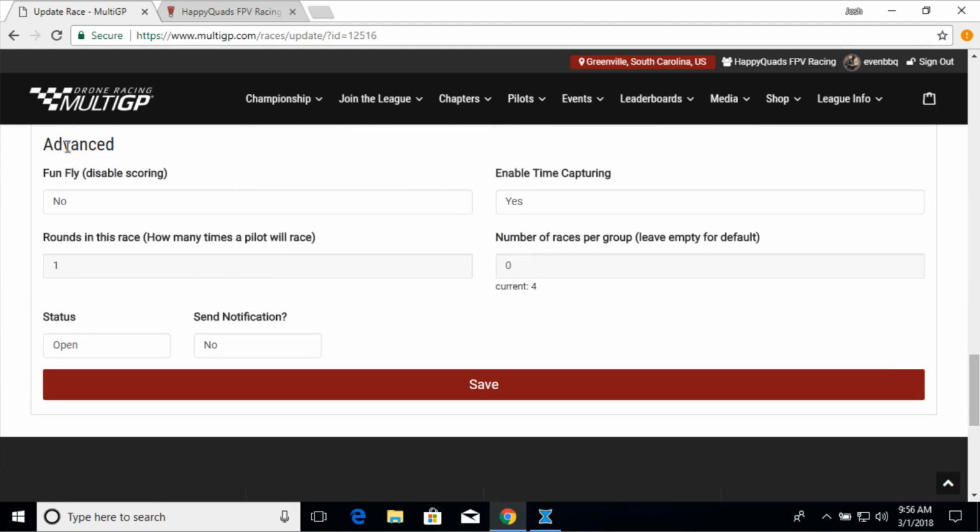And then we're going to go down here to the advanced section. You're going to enable time capturing. Typically people do like 5 rounds of qualifying, but for now we're going to put 1 round in this race, and I'll talk about why in a minute. And the number of races per group, you leave empty for default, and it'll automatically create the number of heats per round, and usually works. Sometimes it doesn't, and if it doesn't, you can override it manually. Now, once you're done with that, you can click Save,